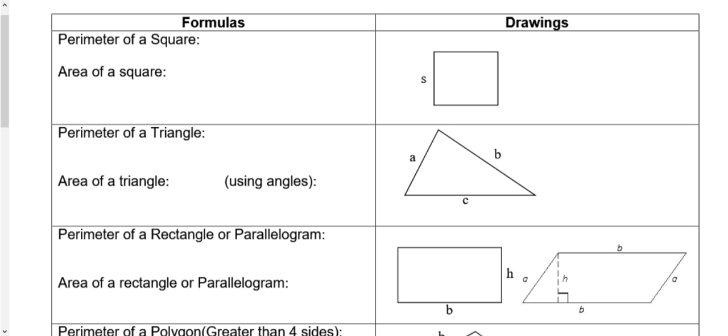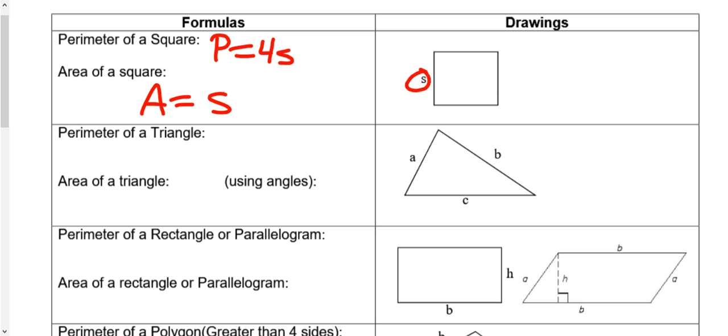First shape we'll look at is a square. Perimeter of a square. Perimeter is the distance all the way around, so the perimeter, which we'll call P, equals 4 times S. S stands for side, and we know that in a square, all 4 sides are the same length. To find the area